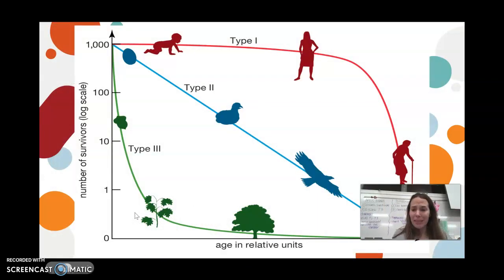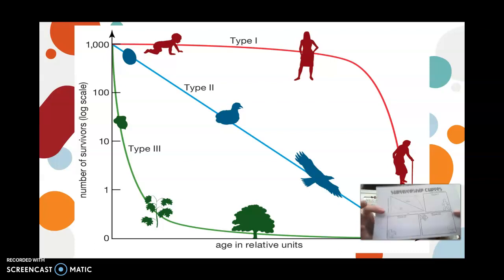And then last but not least, we can take this R versus K, and you need this paper, so if you don't have this paper, pause and get this paper. This leads us to talking about survivorship. So these reproductive strategies lead to different, what we call survivorship curves, okay? So go ahead and take this out, because this is what you need right now.